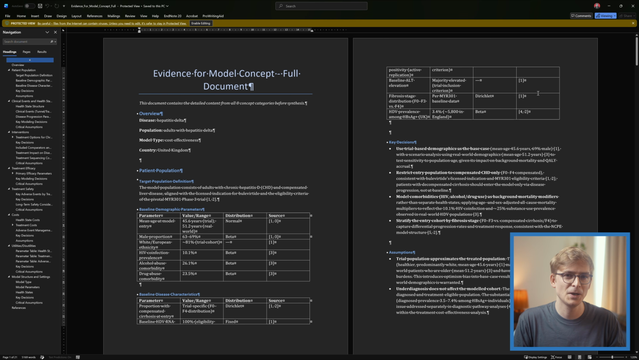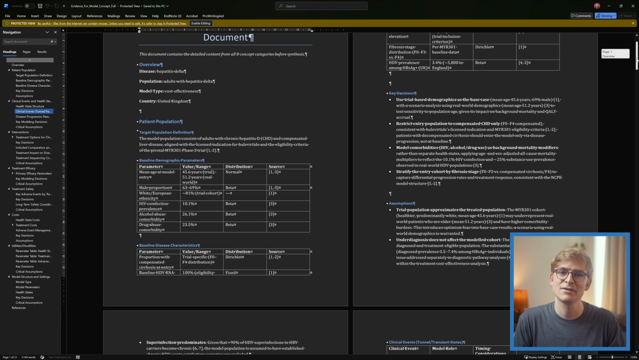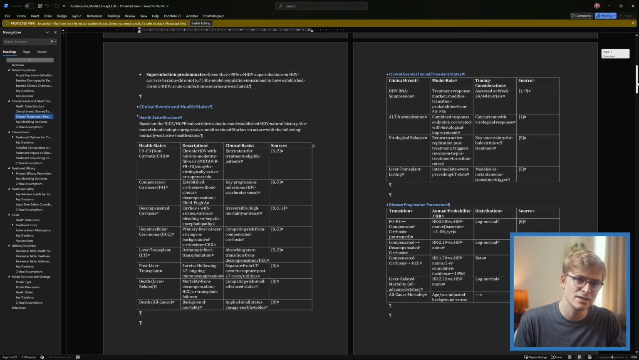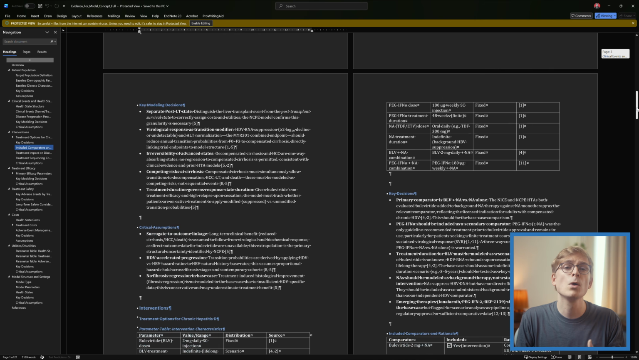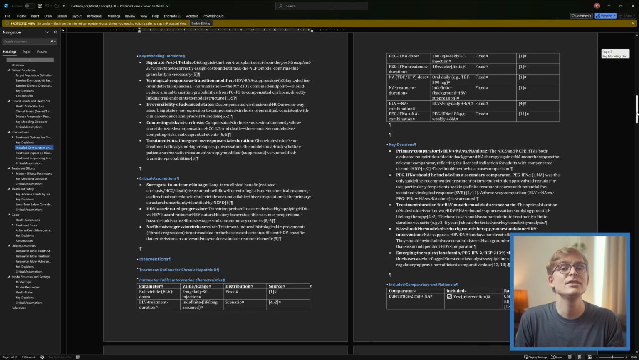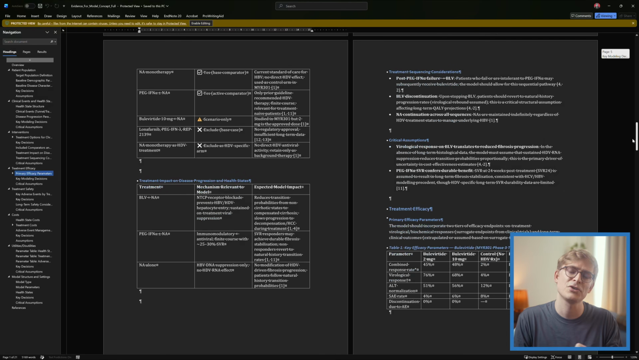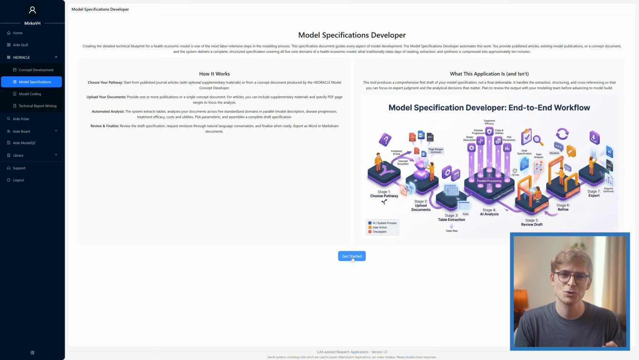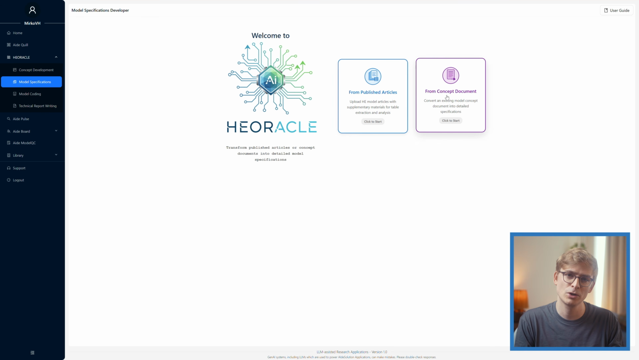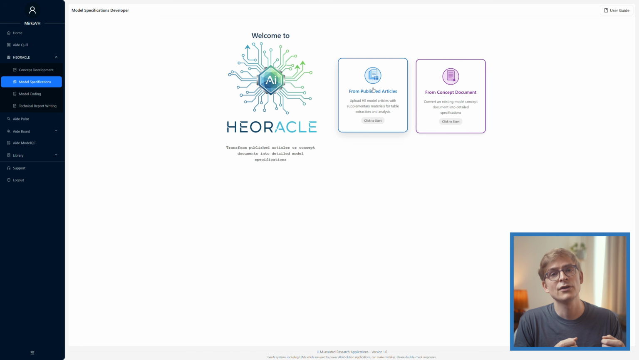Information for patient population, clinical events and health states, interventions, treatment efficacy, safety, costs, utilities, and model structure are all there in a format that you can easily share for a wider review with your team. In Module 2, we then have the choice of using the model concept document we've just created or start from